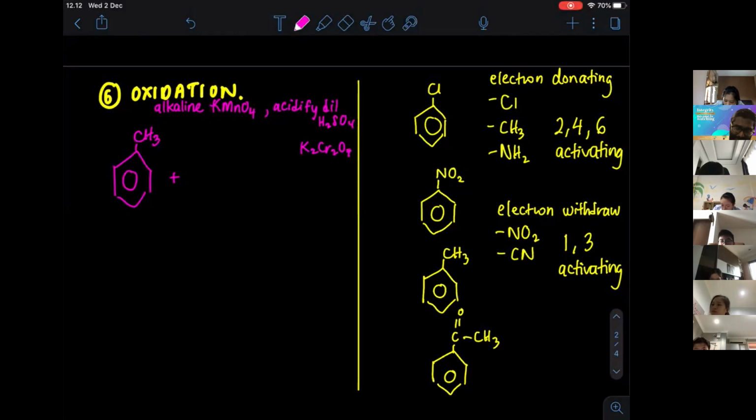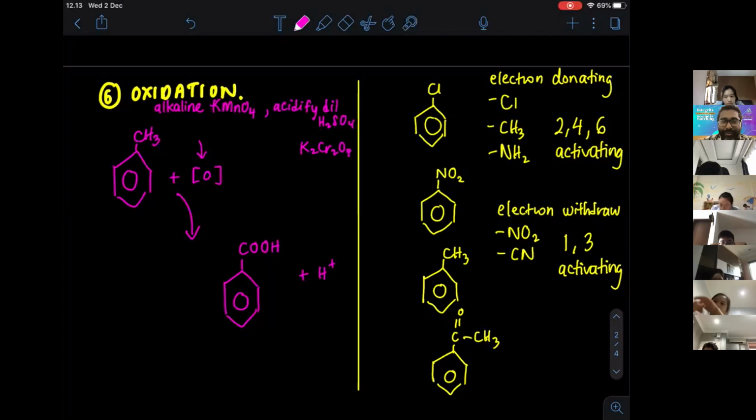Now this oxidation is going to change the benzene into benzoic acid. What is benzoic acid? A COOH is going to be formed with the benzene. So how many oxygen atoms are required in order to do that? Do remember it's still some sort of substitution reaction. When COOH is there, H plus is going out. So when I want to find out the number that I need to use over here,